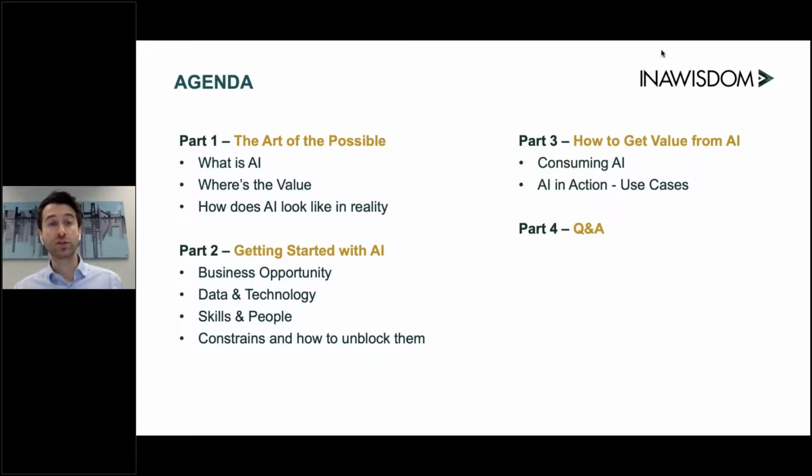So after a quick intro, we will talk about what is AI and the art of the possible. We will also look at the basic building blocks that every AI solution has. And then we will dive into some real life examples. We will leave a lot of time in the end to answer any questions that you have. But as Tab said, feel free to add your questions in the GoToWebinar, and then we'll pick them up as we go on. We want to make this a little bit more interactive because webinars can be a little bit boring. So I'm hoping to make this a bit interactive.